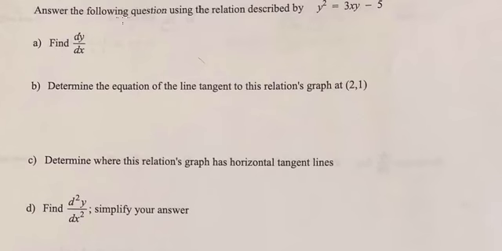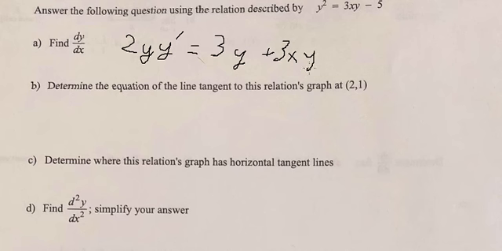The next one, answer the following questions using the relation described by this one. So we want to find first the derivative of this one. If we do the first derivative of this one, you get 2y times the first derivative of y, and we get 3y, and we have 3x with the first derivative of y. So dy/dx we translate to be like this. So we put this one to the left,